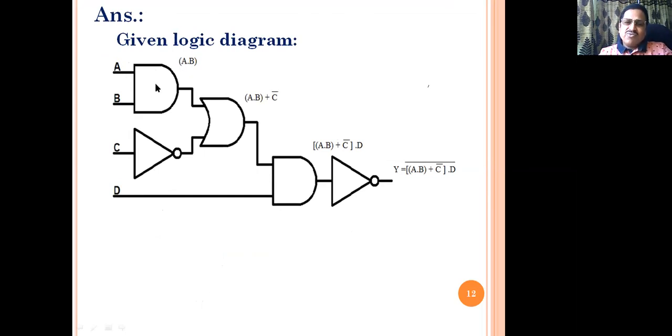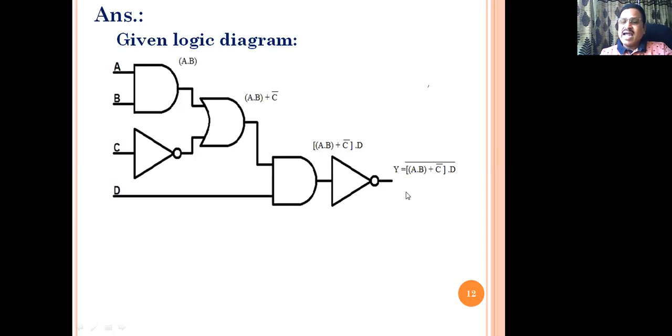Step by step here. The first gate is an AND gate by symbol with inputs A and B. The output can be A and B bar. Now for input C of a NOT gate, its output can be C bar. This C bar and A and B as inputs for this OR gate, the output can be, where plus means OR, A and B or C bar, right? Then for the next AND gate, one input is A and B or C bar, the second is input D. So there is a dot in between, meaning the AND operation, as the resultant output of this AND gate: in bracket A and B or C bar, and D.